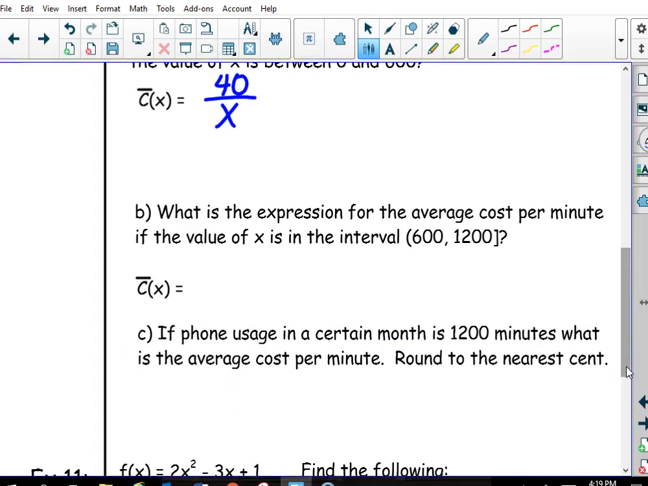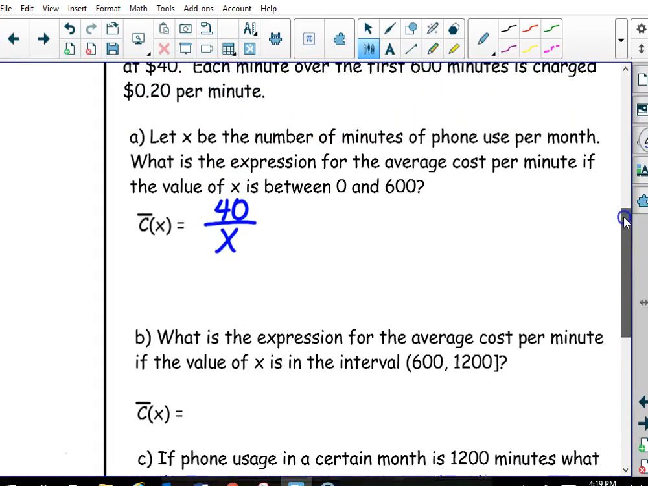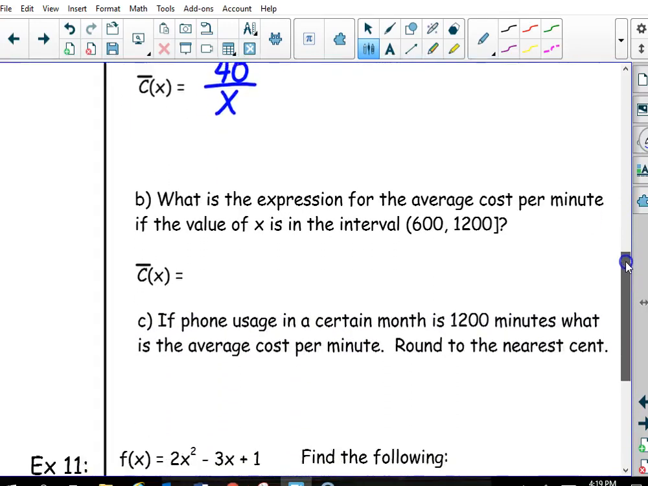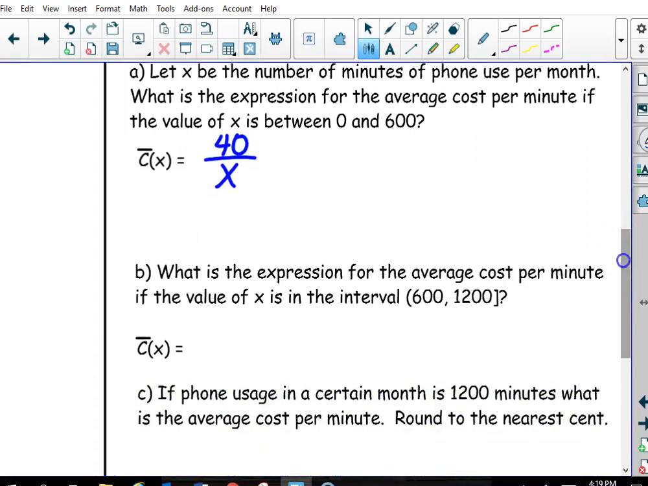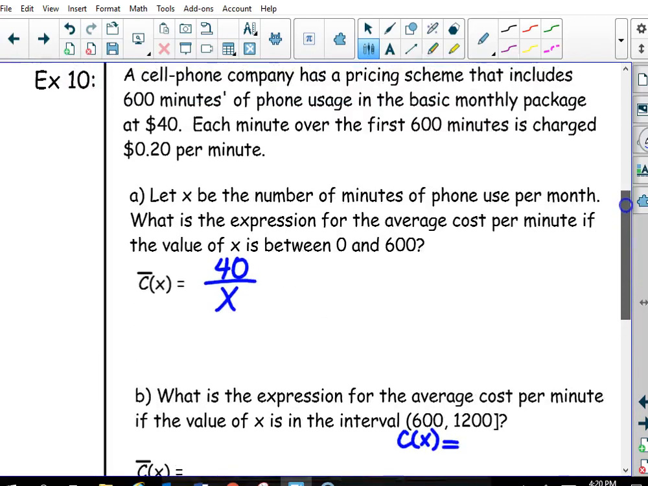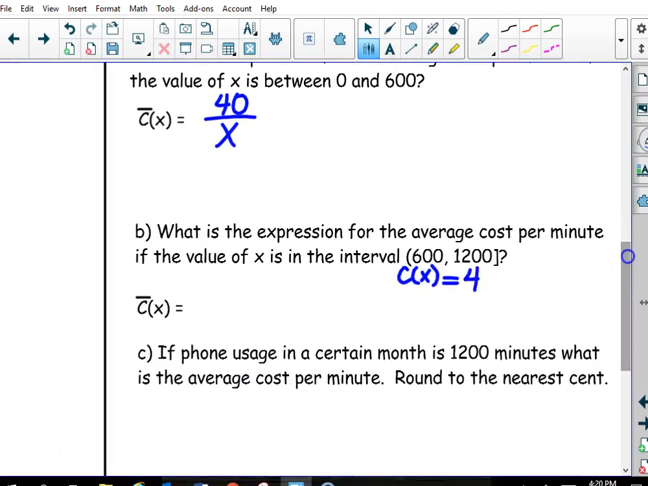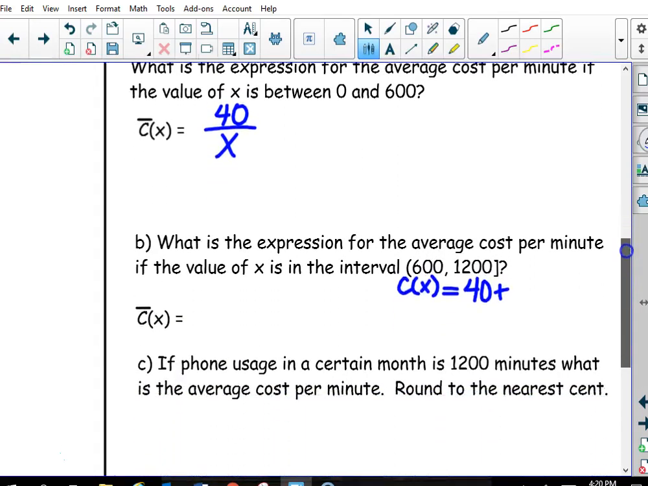What is the expression for the average cost per minute if the value of X is in the interval 600 to 1200? Well, over 600 minutes, they're going to charge us 20 cents per minute, starting at $40. So I'm not going to do the average yet. I'm just going to come up with a function for C of X in that domain. It's not going to work everywhere, but above 600 and below and including 1200, it will. So we start with the $40 monthly cost. And to that we add 20 cents per minute